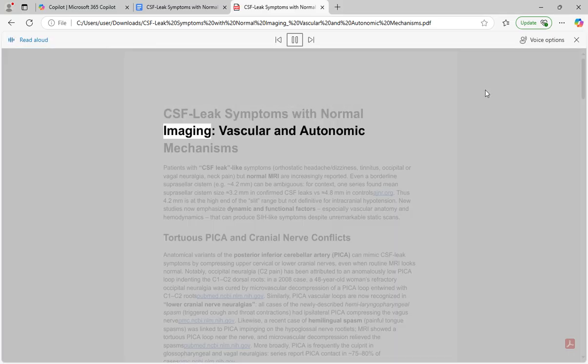CSF leak symptoms with normal imaging: vascular and autonomic mechanisms. Patients with CSF leak-like symptoms, orthostatic headache or dizziness, tinnitus, occipital or vagal neuralgia, neck pain, but a normal MRI are increasingly reported. Even a borderline suprasellar cistern, e.g. 4.2 mm, can be ambiguous. For context, one series found a mean suprasellar cistern size of about 3.2 mm in confirmed CSF leaks versus about 4.8 mm in controls. Thus 4.2 mm is at the high end of the slit range, but not definitive for